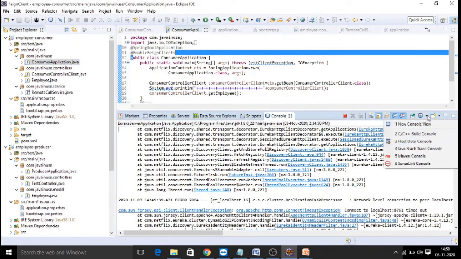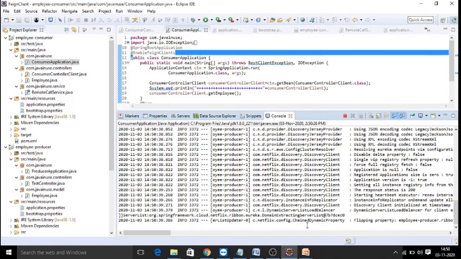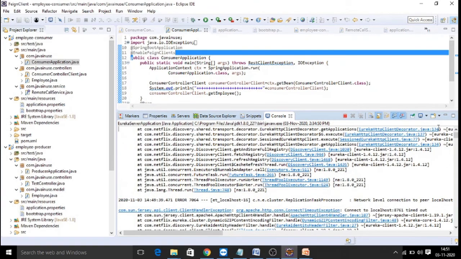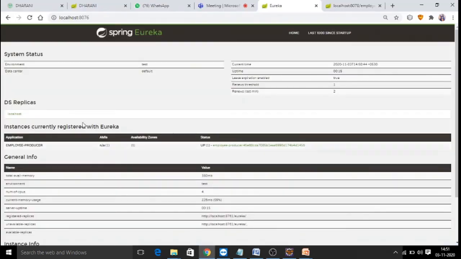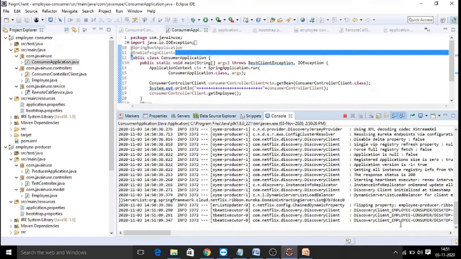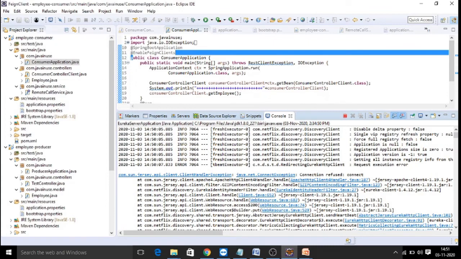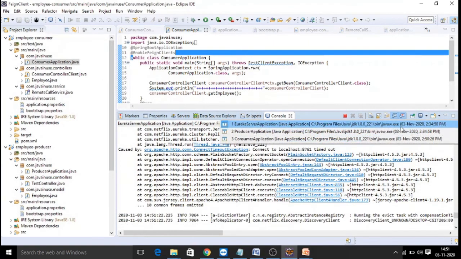If you go and check the consumer console, the consumer instance is getting created. Still it is taking time to create the instance. So now the consumer is created and it has been discovered. On the top, you can see we are getting the result of our consumer application as well.